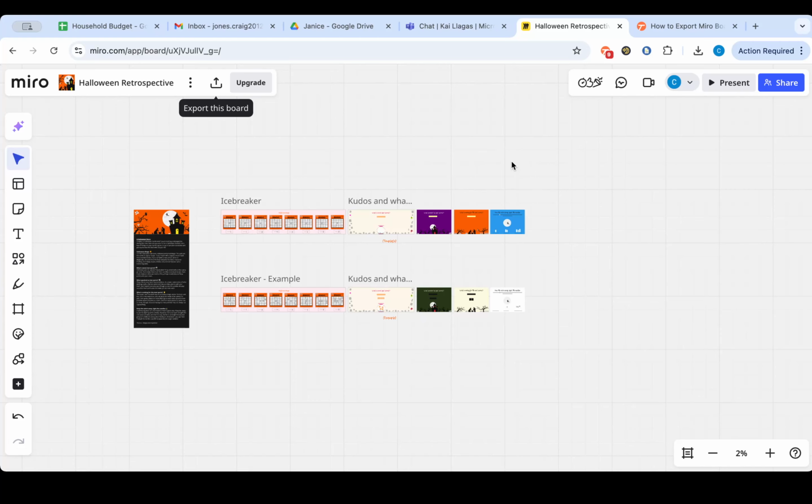Keep in mind that you can manage the privacy settings on Google Drive to control who has access to your newly exported board. And that's all there is to it. You have successfully exported your Miro board to Google Drive, a simple yet efficient way to back up and share